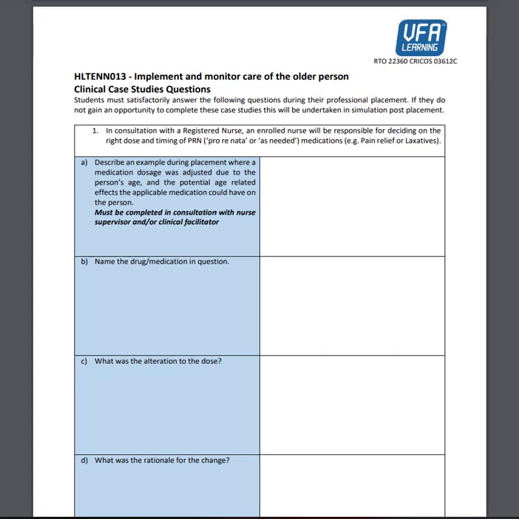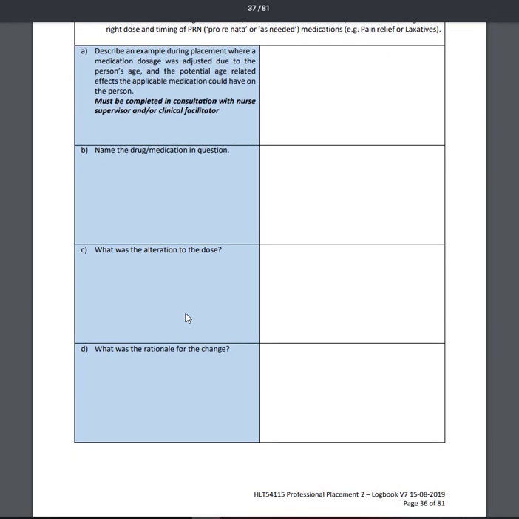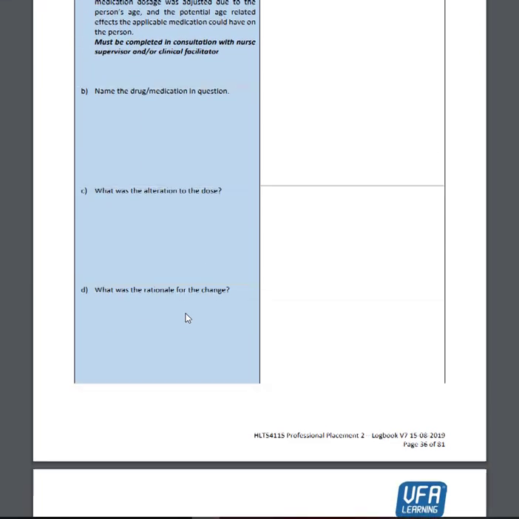medication delivery. What we want you to think about for this particular question is instances where you've had to either increase the laxatives or increase the pain relief related to a physiological condition or problem or symptom that is age related. So for example, pain relief, it might be related to something like osteoarthritis. It could be related to osteoporosis, that kind of thing. We want you to obviously explain the medication, what the alteration to the dose was, and why they decided to